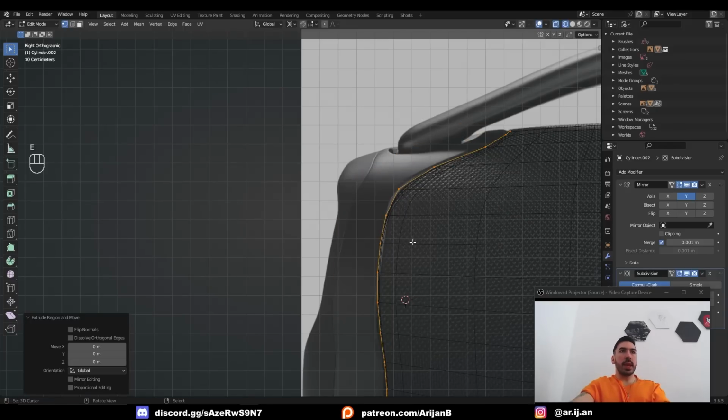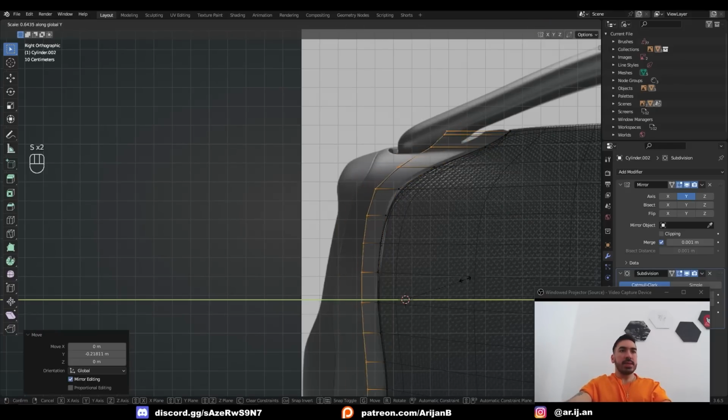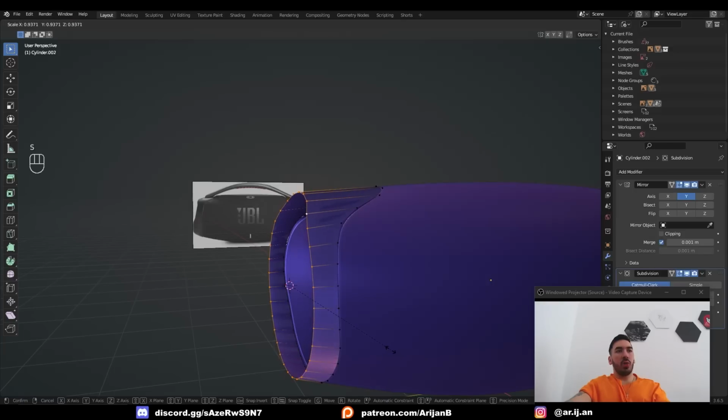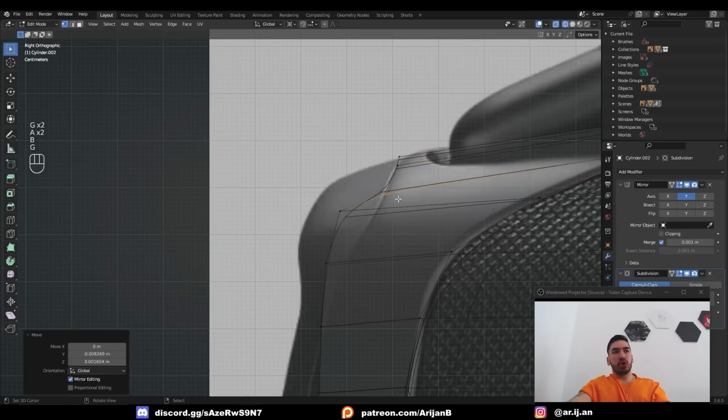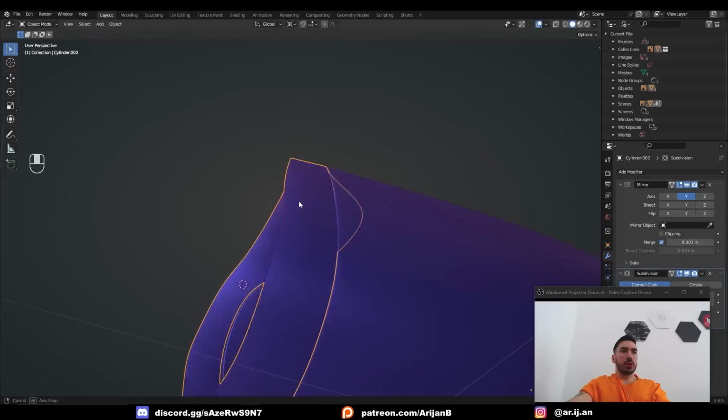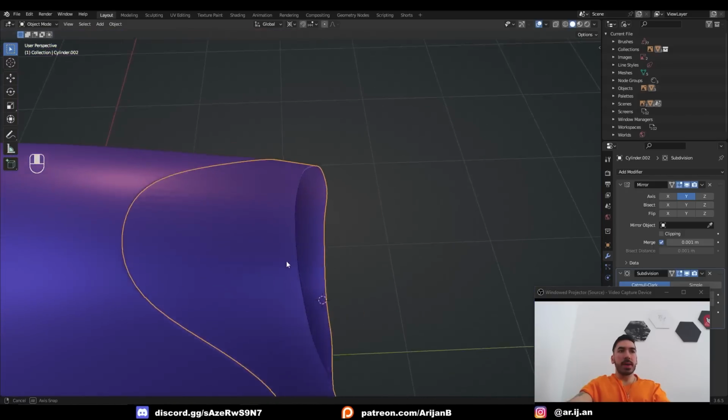So we're going to extrude that, right click. I'm not using proportional editing anymore. We're going to take it to the side like this, scale it down on the y-axis, scale the whole thing down a little bit like this. We're going to check from top view to make sure that we don't curve this inwards too much, but now we're going to align some of this outer geometry with this curve that you can see right here. We're going to check all around this model to make sure we didn't mess anything up too much, but I